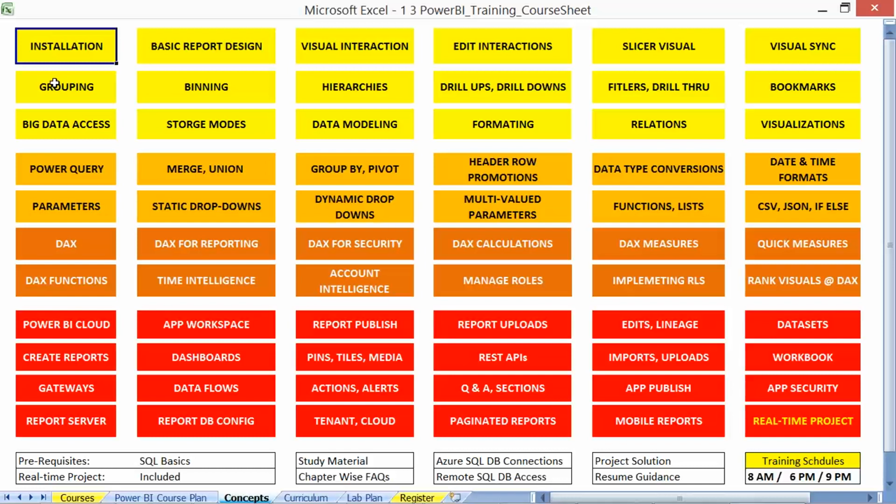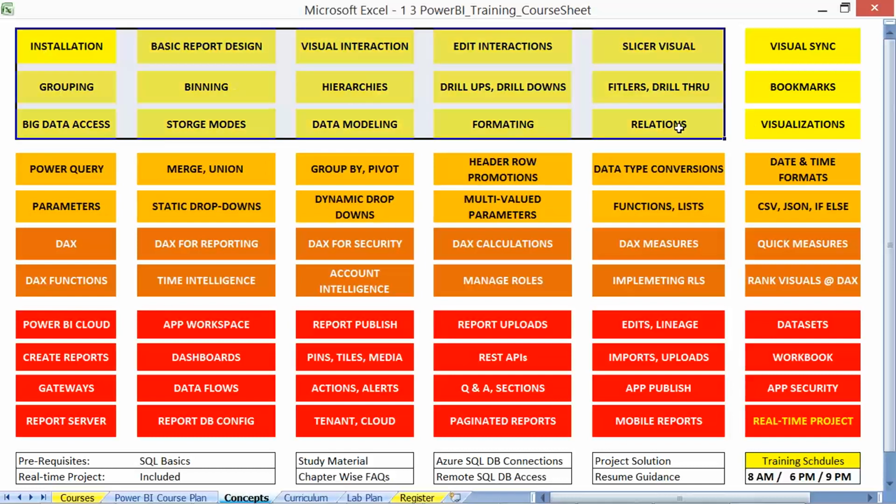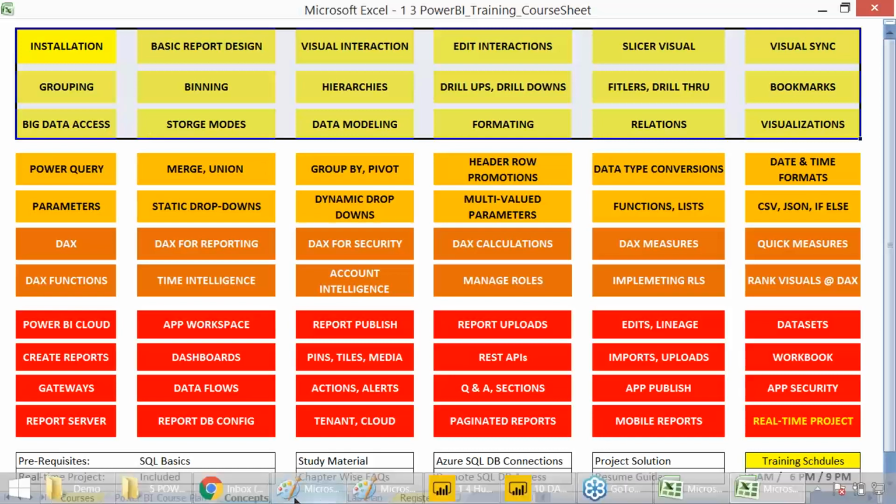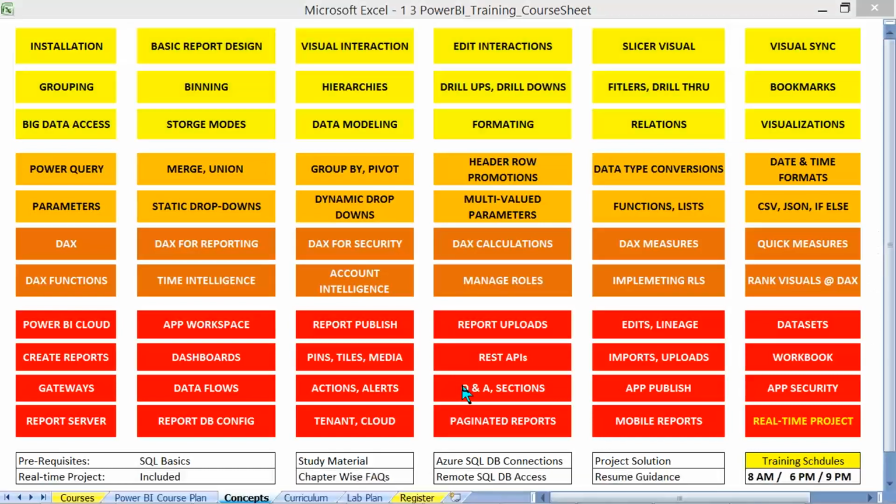We perform the basic reporting activities right from installation to design, to various reporting options like interactions, visual syncs, grouping, binning, hierarchies, and filters, various types of filters with bookmarks, big data access with Azure data sources.